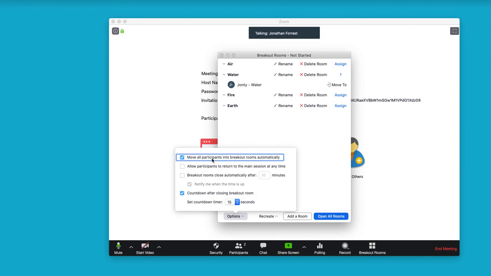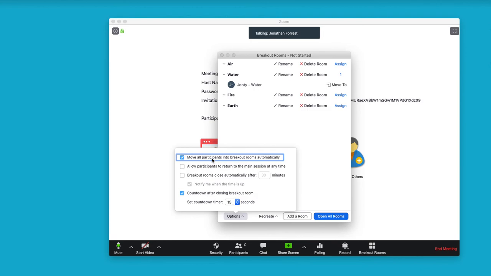So if I go into breakout rooms and I want to move to the Earth room to see what's happening there, I can just hit join. I don't think anything will happen here, will it? Oh yeah, it does, even though there's nobody in that room, it takes me to that breakout room, so I could help them. So I can drop in and out of rooms. So once, let me go back to the main session, leave the breakout room, and I'm now back in the